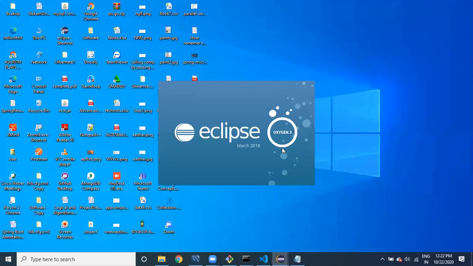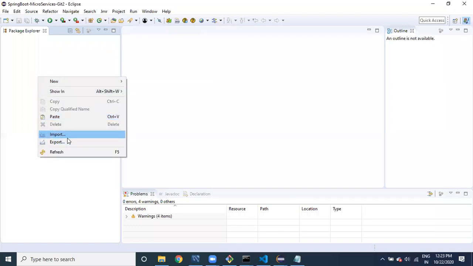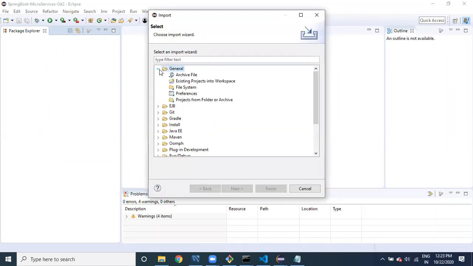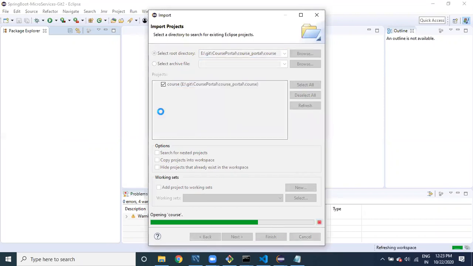Git to workspace. Make sure that the two workspaces are different, two Eclipses are different. Here I am going to import the codes project.